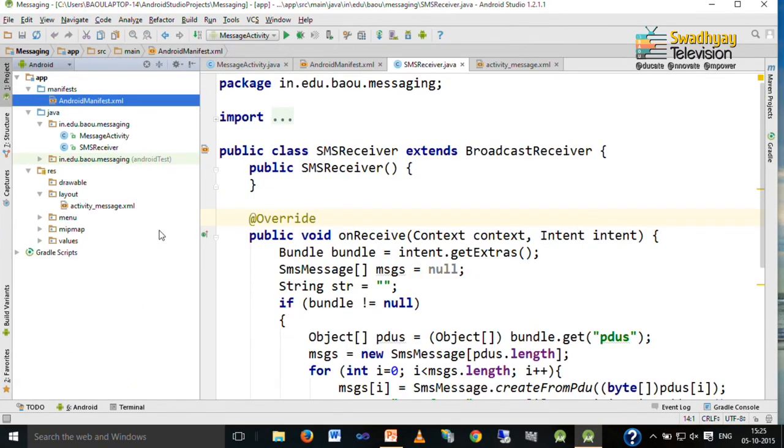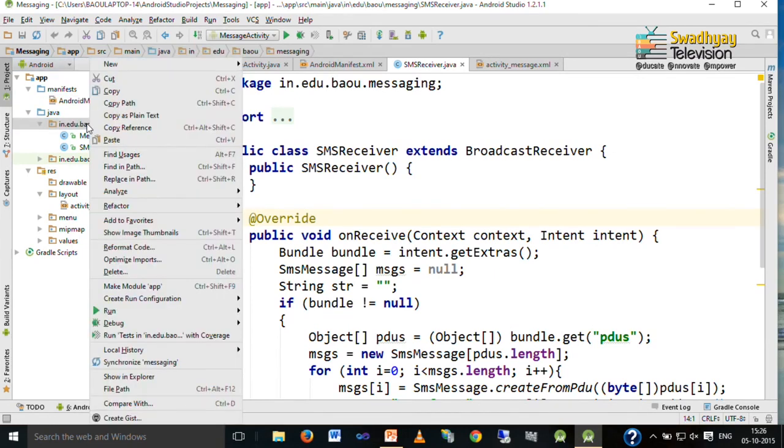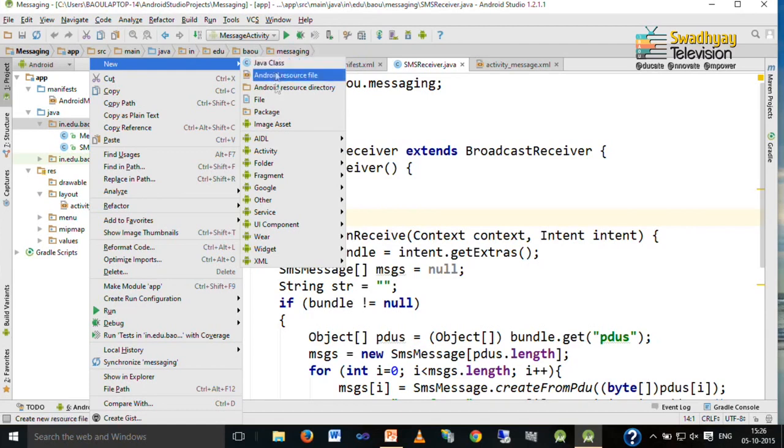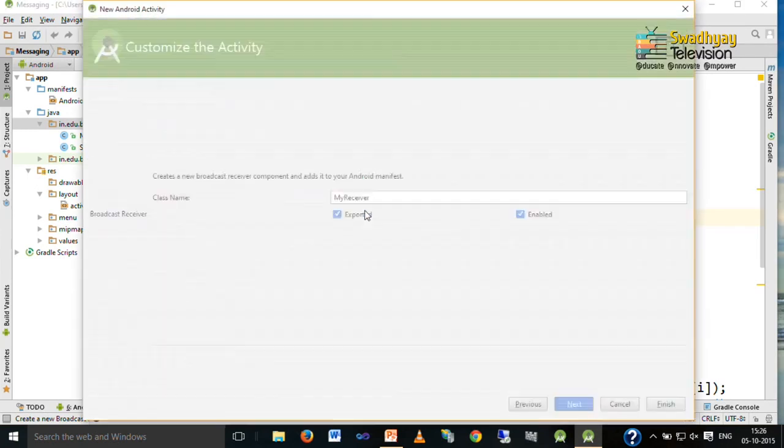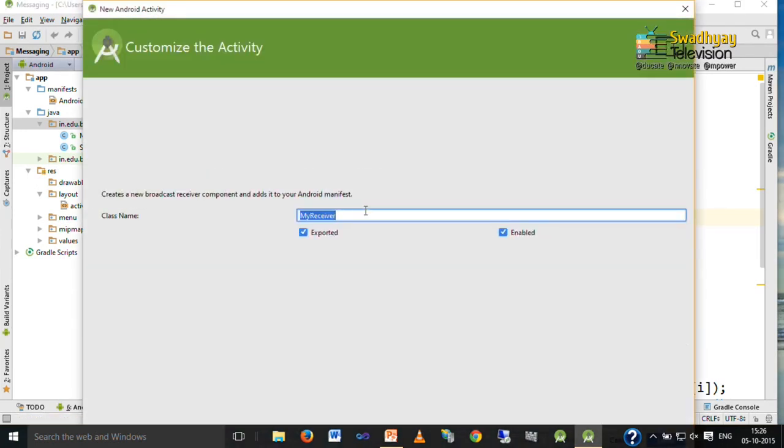This is how we can send SMS. Now, we want to receive SMS also. So, for that we have to create one class which extends our BroadcastReceiver class. So, here you can add a receiver by selecting New, and inside Other we have Broadcast Receiver. So, this is how you can add a broadcast receiver. Now, when you click this, it will ask you for the name of the broadcast receiver. So, here you have to specify the name and then press enter.